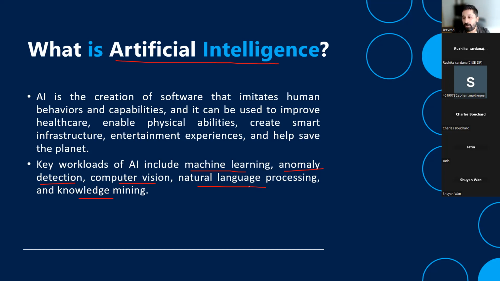Computers work on 0 and 1. So if I'm using a calculator and I enter 5 plus 5, the computer knows, okay, the person is talking about 5 plus 5. That is the expected input, and the expected output will be the sum of 5 plus 5 is 10. But when we talk about natural language, it is how we communicate. As I said, there could be multiple ways of saying the same thing. So now our computers need to understand the context.